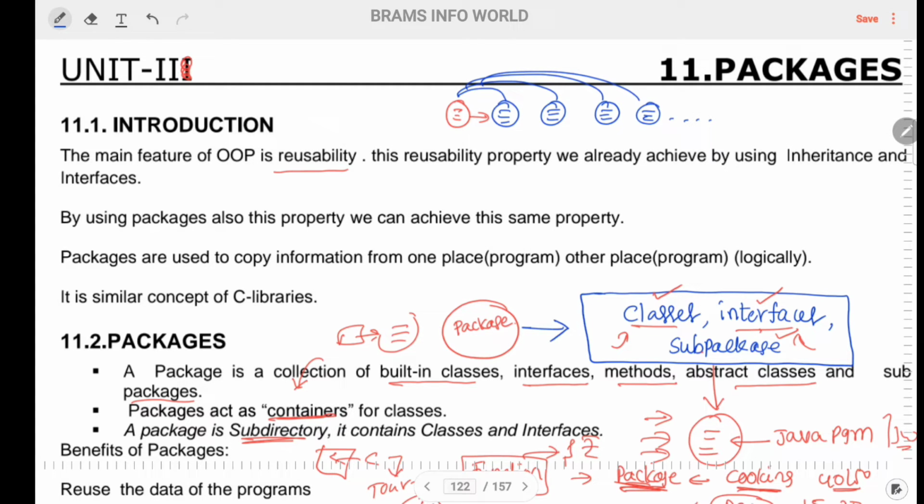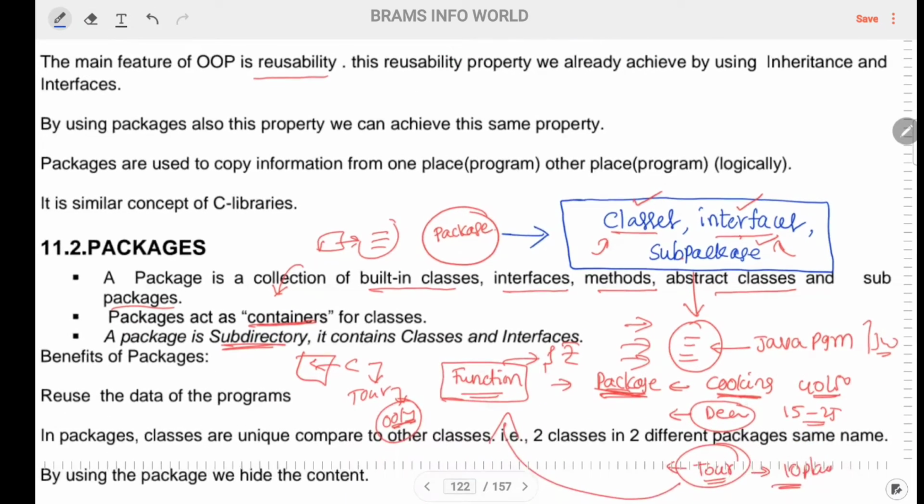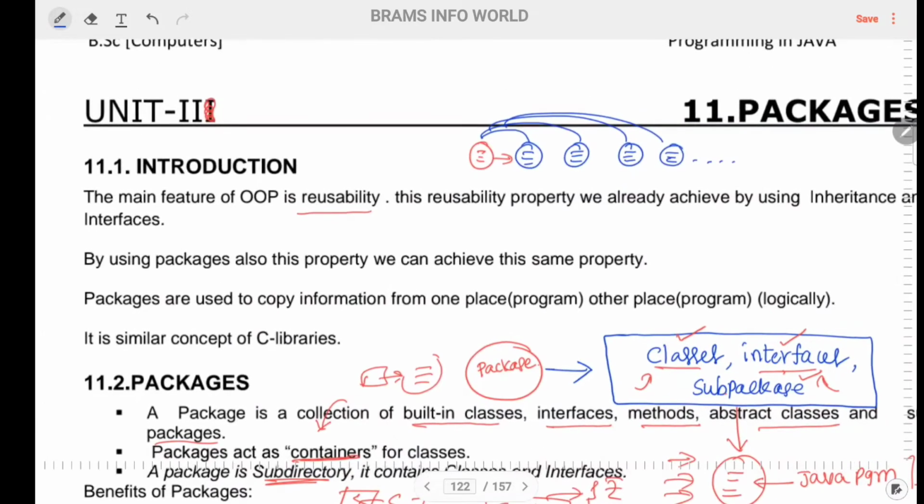For example, there is a package like cooking. This cooking package we can use a number of times, maybe for dinner, lunch, breakfast, or another function like that. So the major advantage is reusability: the same code used again and again is called reusability.